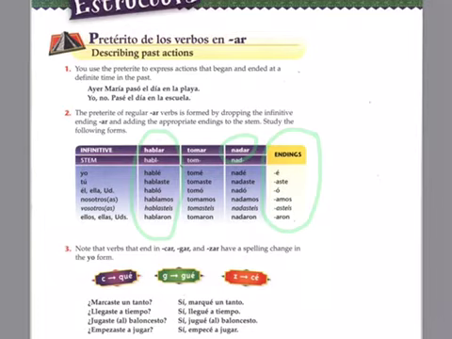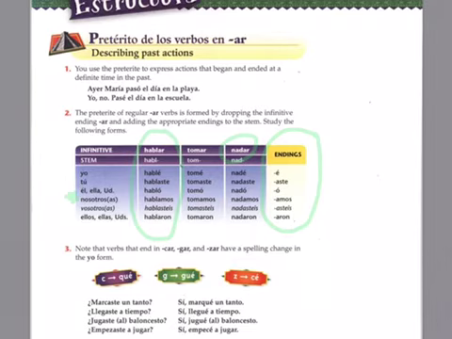Nosotros would be hablamos. Now, this one here, put a little bit of an asterisk here, is interesting because it's actually exactly the same. If you remember, it's amos from before as well to say that we speak. So when you say hablamos, you're saying that we speak or we spoke. So you have to have context. You have to put a word like ayer behind it. Otherwise, we just assume we're saying we speak. But if you put ayer, it means yesterday. Hablamos ayer would mean we spoke yesterday.